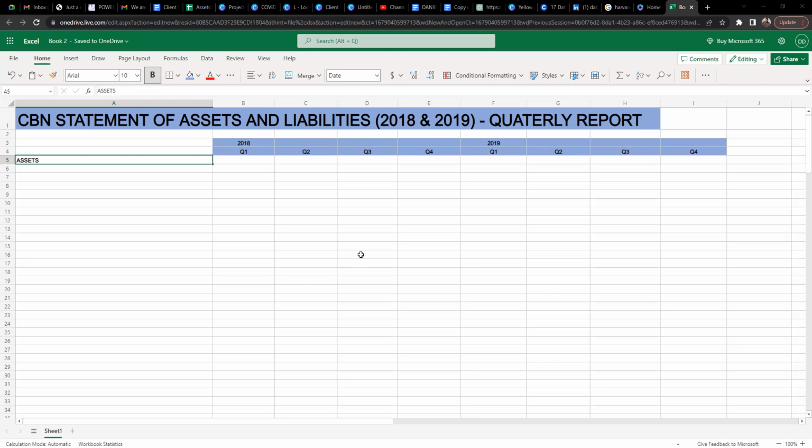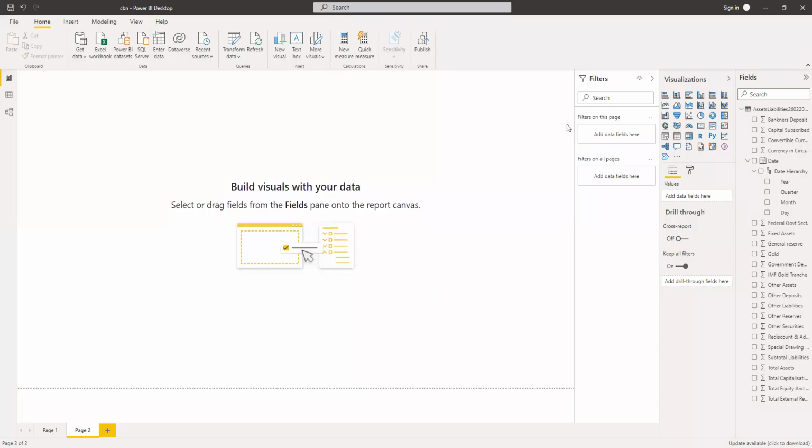So I already have my Excel sheet looking this way. I just designed this to fill in the whole. So first things first, what I want to do is go to Power BI. So I'll just switch to Power BI here. Right. So switching to Power BI, I want to look at quarterly reports